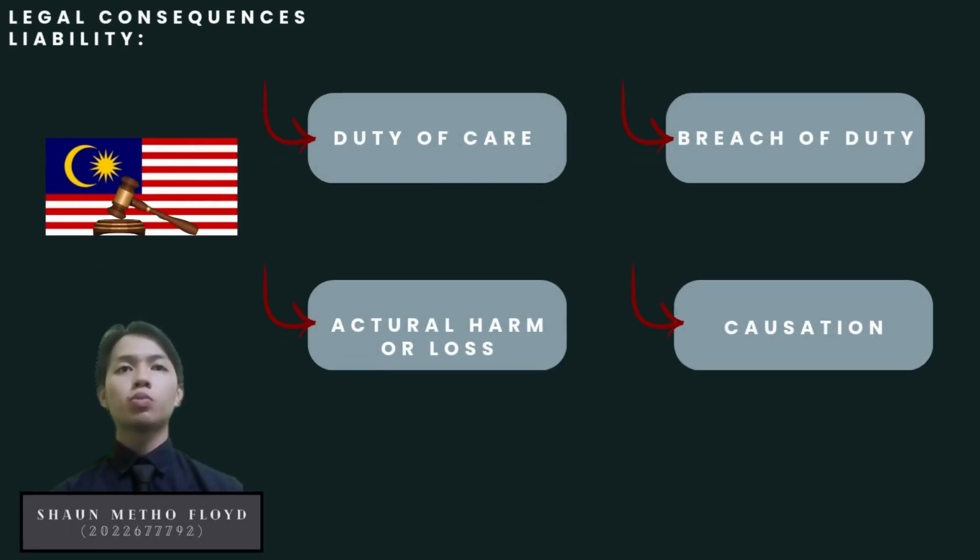Liability means being responsible when something goes wrong in construction. This matters because many people are involved, like contractors, consultants, and suppliers. For example, if a structural engineer makes a mistake that causes a building to collapse, they can be held responsible even without a direct contract.